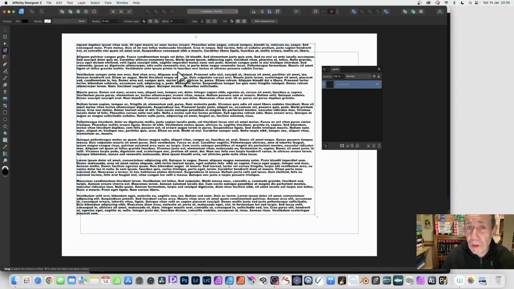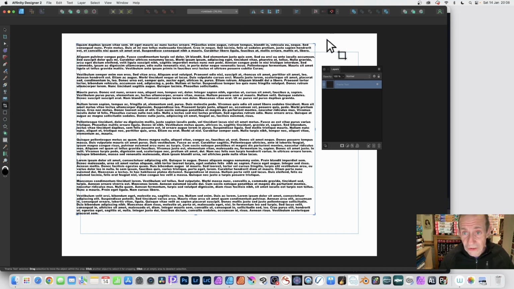Have you ever wanted to crop your text? You've got some text here, you want to just cut it in half, but you want to still keep it live. Now this is filler text using the frame tool, but what you can do is go over here to the vector crop. The text needs to be selected, so select the vector crop, and then you'll see you've